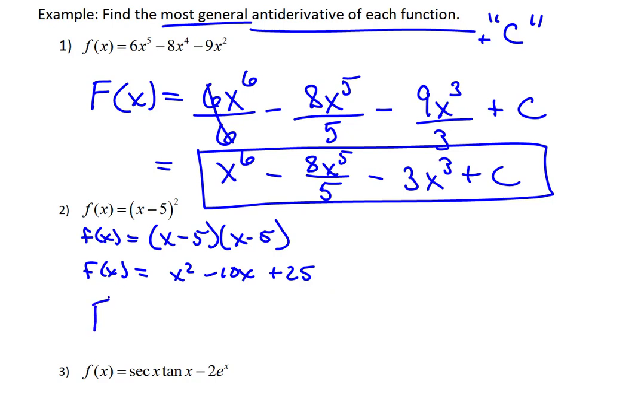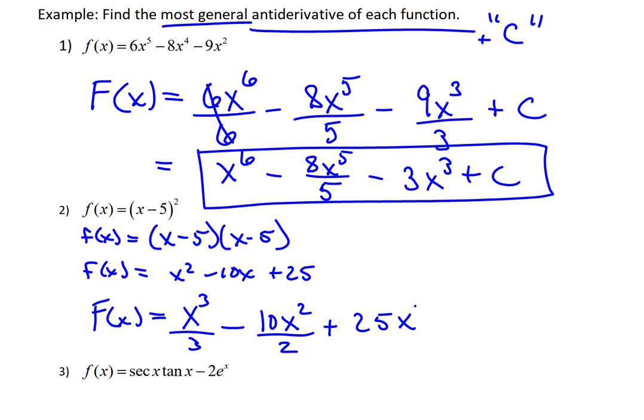So we can say now that capital F of x, the antiderivative, using really the same rules that we used in the first example, which would be the power rule going backwards, we're going to add to these exponents and then divide by those new powers. So x squared will turn into x cubed divided over 3. Okay, so moving on, minus 10x squared over 2 plus